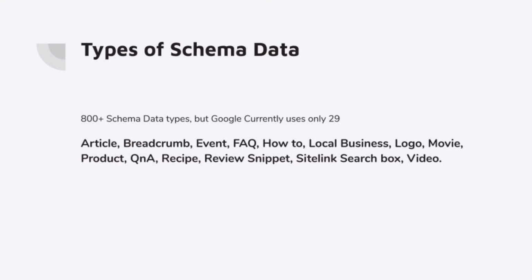Then there is event schema, then product schema, so there will be product reviews and details about the products. Recipes, so details about the recipes, like how long it takes to cook and the ingredients needed to cook. Then there is local business schema, so you can define your local business address and the type of business. Maybe you are a dentist, so you can define that you are a dentist. Reviews, so if you are writing a product review, you can use the review schema. And there are many others: medical condition schema, organization schema, people schema, and so on. In the next step we are going to see how to use them.